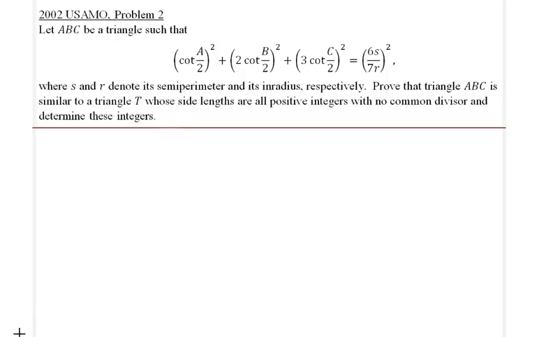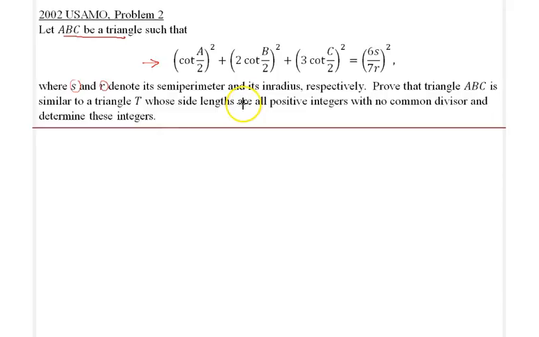Hello everyone. In this lecture we will be going over 2002 USAMO problem number 2. Here's a view of this problem. In triangle ABC we are given the following relationship where S and R are the semi-perimeter and the inradius